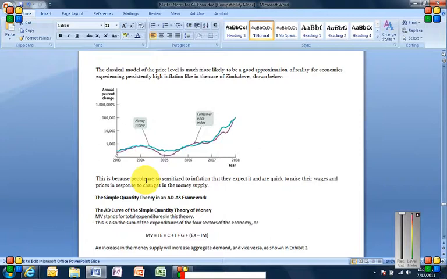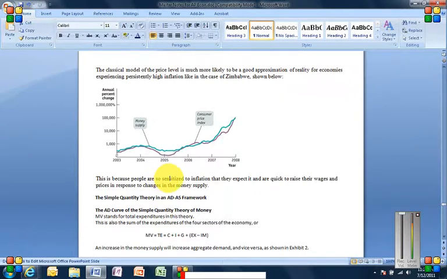You might ask yourself, well, why? Especially this statement of why does it seem to be even more true in countries that are experiencing persistently high inflation, like Zimbabwe? Well, it's because, as you can imagine, you get to this mindset where you just expect to continue in the future what's happened to you in the past. You can think a little bit back to adaptive expectations, actually, and how that segment of classical theory was talking about that's how most, if not all, people form their expectations about the future.